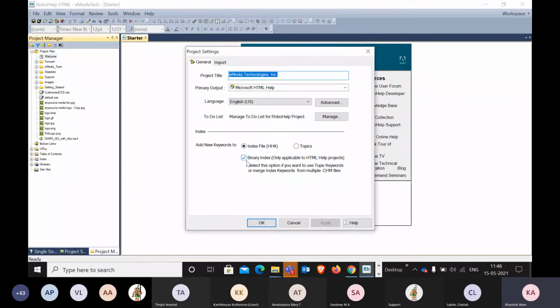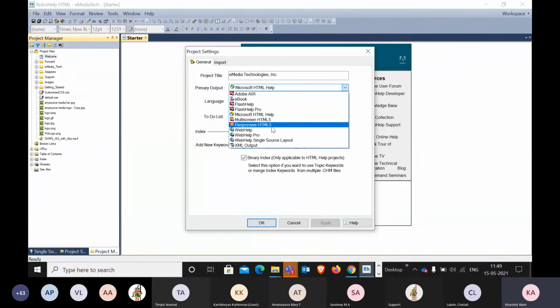Here you need to set the project title. While writing the project title, obviously this is very clear, but at the same time you should keep in mind that there may be cases where you are actually using a variable from this. So when you are using a variable, this will be needed. So keep this in mind while writing the project title, how it should appear and where it should appear. And primary layout means these are the outputs that you may select.